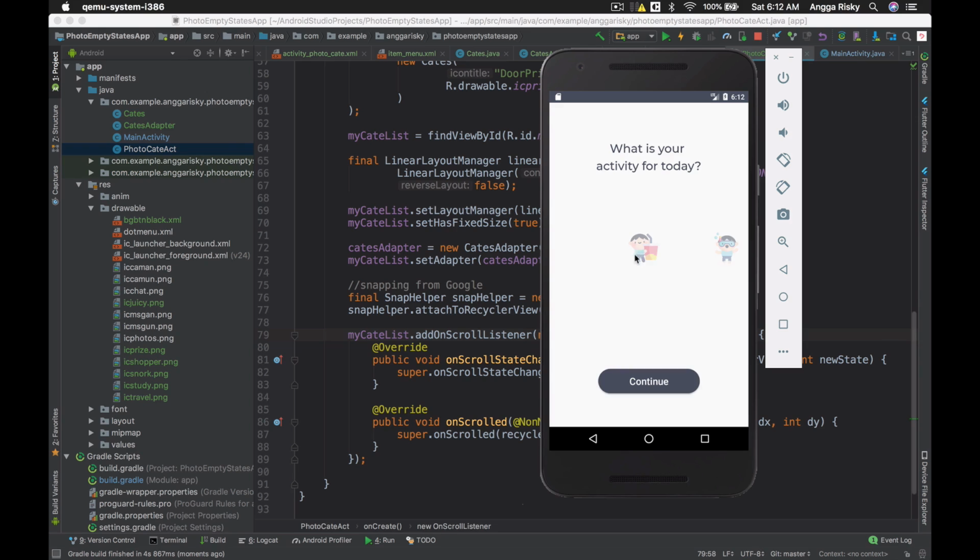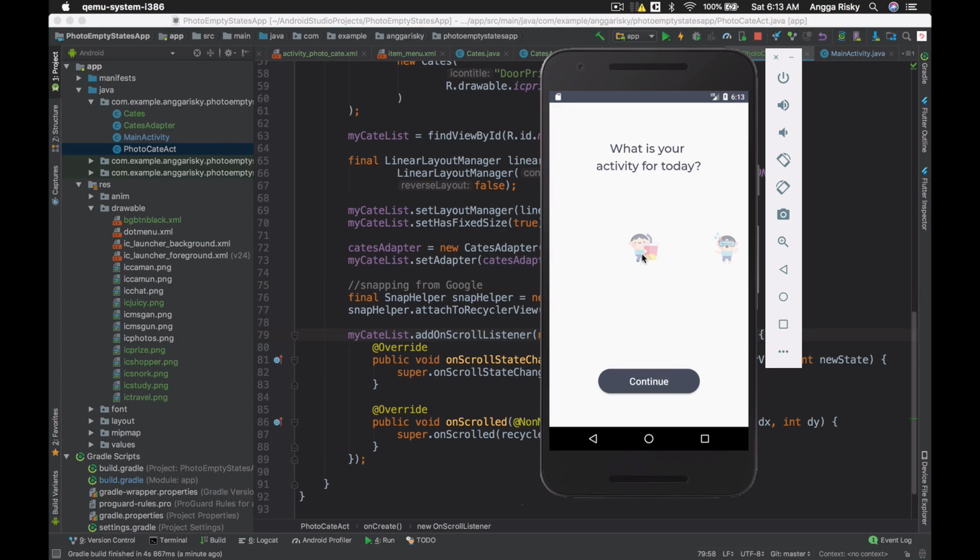So if you are scrolling, there is the helper from Google, like maybe just like this, and then it's going to snap to the center, just like this. Okay, so there is the helper from Google.